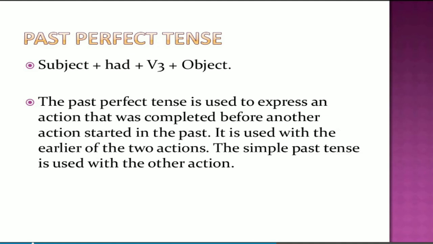Past perfect is used to express an action which is completed before another action started in the past. It is used with the earlier of the two actions. The simple past tense is used with the other action. For example, when we are expressing two past actions,